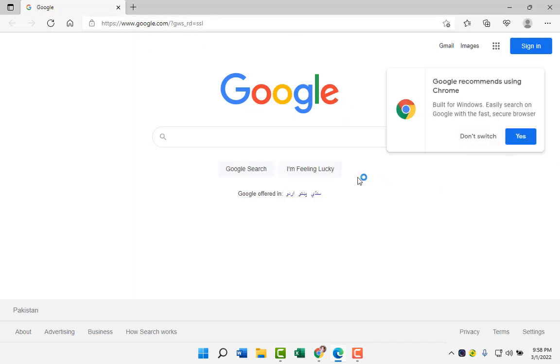You can change it to Bing anytime by going to settings and then changing the start button, and then you will have